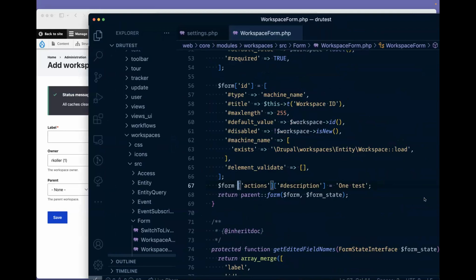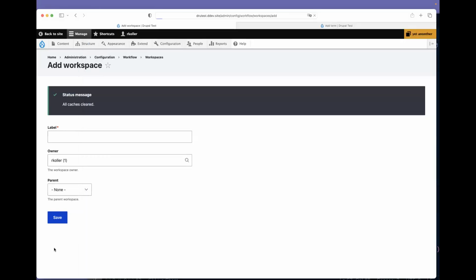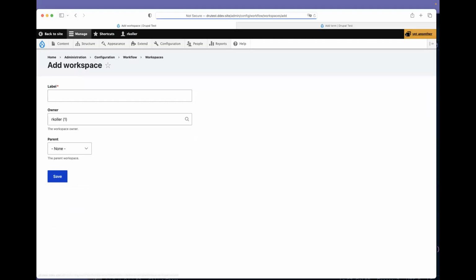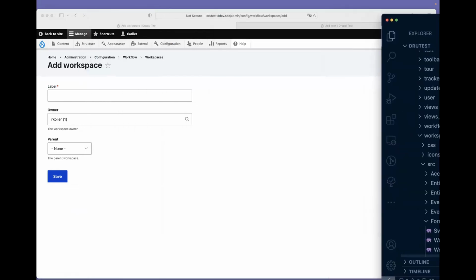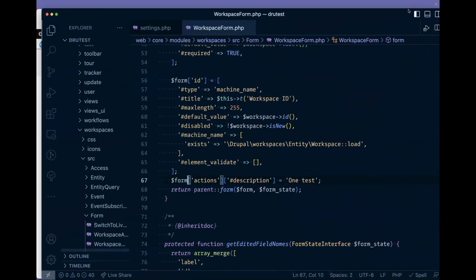Oh, one second. There was a space in between. Doesn't matter. Okay. All right, so if we could get description text there,